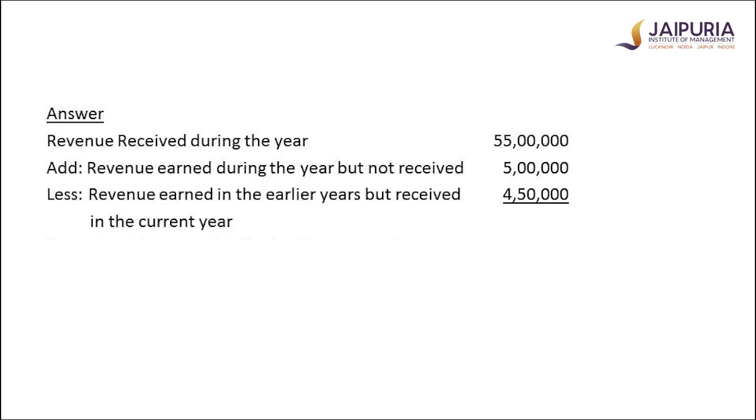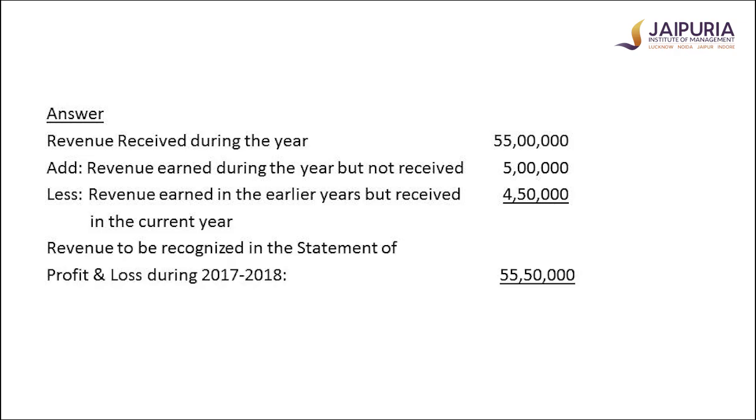Now, a 4,50,000 figure that was for the month of March 2017, that is revenue earned in the earlier year but received in the current year. So cash is not important. Important is when the revenue was earned. So the revenue was earned in the financial year 16-17. So this needs to be subtracted. So after subtracting 4,50,000, revenue that needs to be recognized in the statement of profit and loss during 2017-18 is